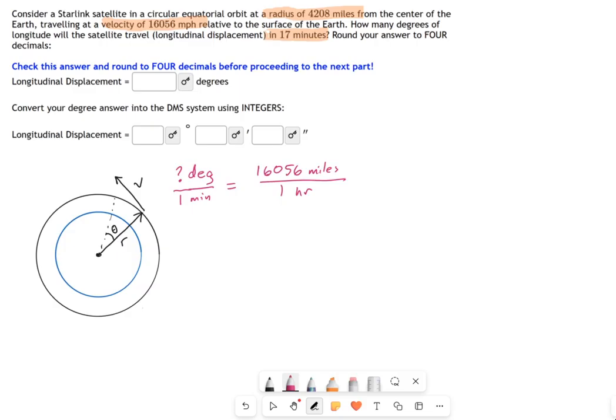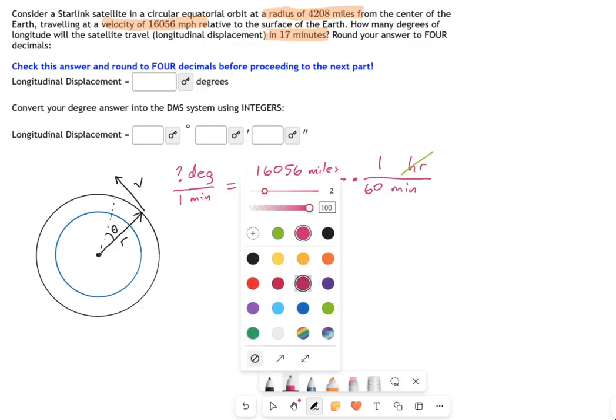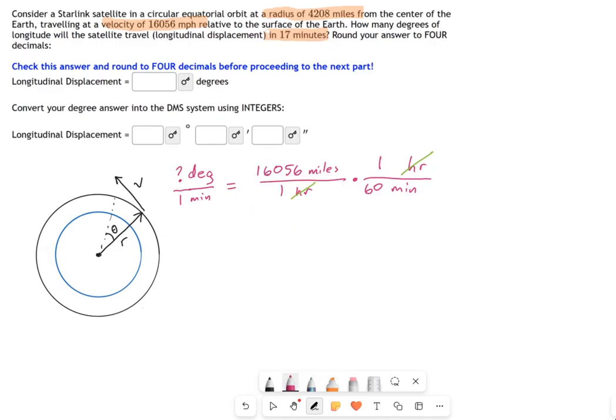So let's put in some fractions to try to help us. First of all, I want hours out of there. I really don't want this thing expressed in hours. I want it in minutes. So how do we do that? Well, we put hours on the top of this fraction over here, and we put something else on the bottom. I think minutes is going to be more useful. Now, how many hours are there in minutes? Well, there's 1 hour, and there's 60 minutes. So you can see what that's going to do for us. That's going to be really nice, and I get to cross out the hours then, and I'll have my velocity in terms of miles per minute. Well, that's good progress. But I still need this in terms of degrees, not miles.